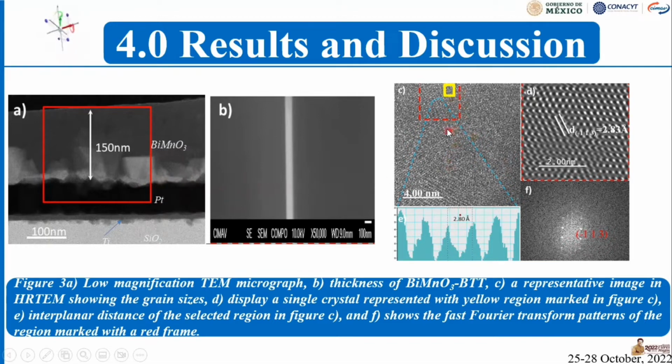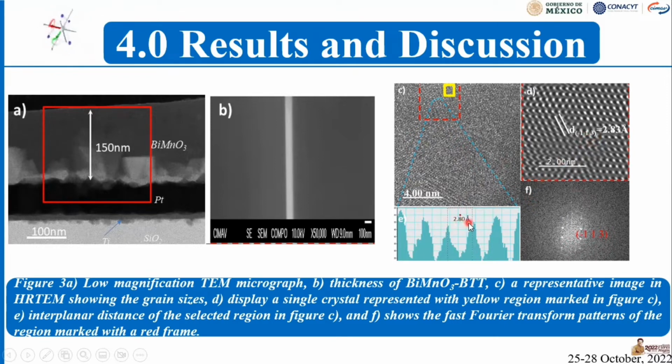See here, we have the HRTEM results, which clearly show evidence of randomly oriented nanocrystallites. This yellow region is the single crystal, which is represented in D. In accordance with the interplanar distance illustrated in 3e, where the interplanar distance equals minus 113, which equals 2.80